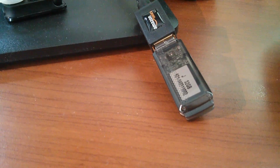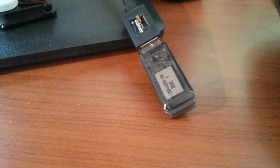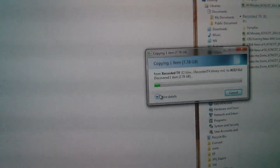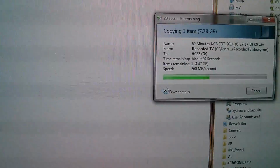So here's another thing that I want to show you: the difference in transfer speed. Right now I have my USB 3 stick connected directly to my computer's USB 3 port, and I just want to show you the difference. So I'm going to copy the 8 GB file over to the USB 3 stick, and you'll see it's transferring at about 55 to 65 megabytes per second. So that's a really good